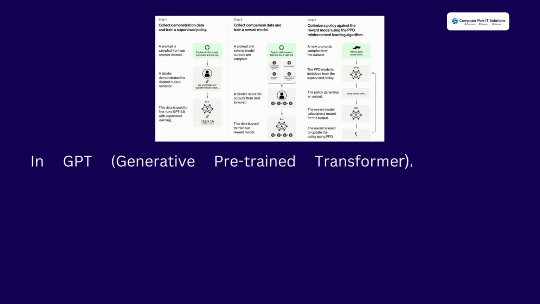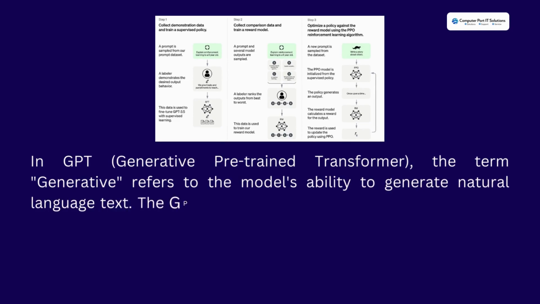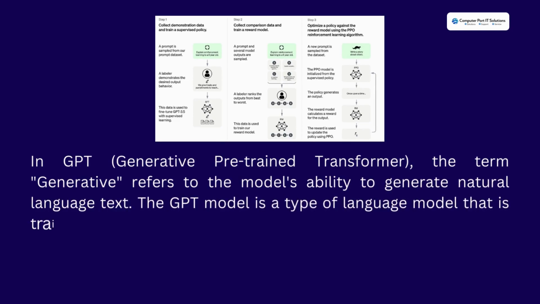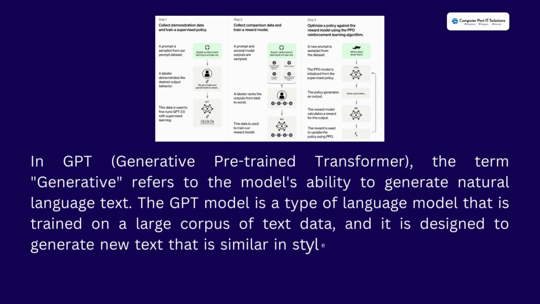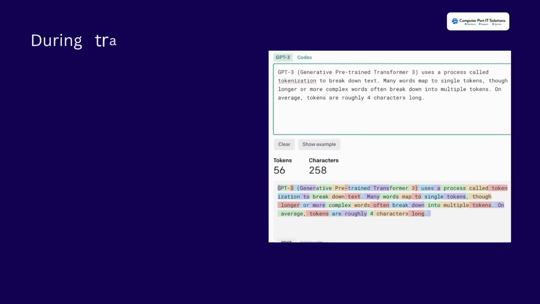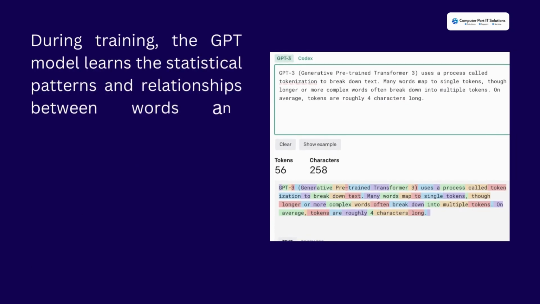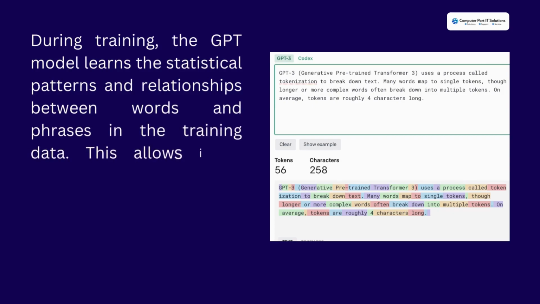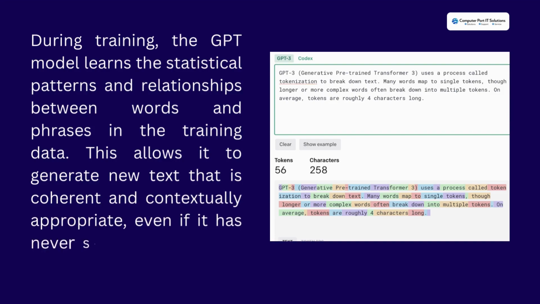What is generative? In GPT, the term generative refers to the model's ability to generate natural language text. The GPT model is a type of language model that is trained on a large corpus of text data, and it is designed to generate new text that is similar in style and tone to the training data. During training, the GPT model learns the statistical patterns and relationships between words and phrases in the training data. This allows it to generate new text that is coherent and contextually appropriate, even if it has never seen that